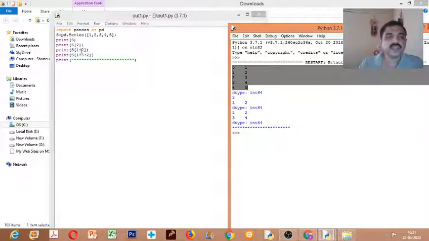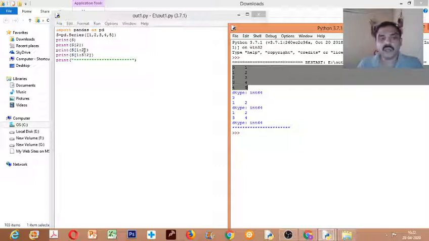Then s of 1 colon 2. In list slicing, you can recall what you have learned in class 11, how list slicing is done. 1 colon 2 means it displays values from the index value 1 to 2. The 2 is not included. The upper limit is not included.